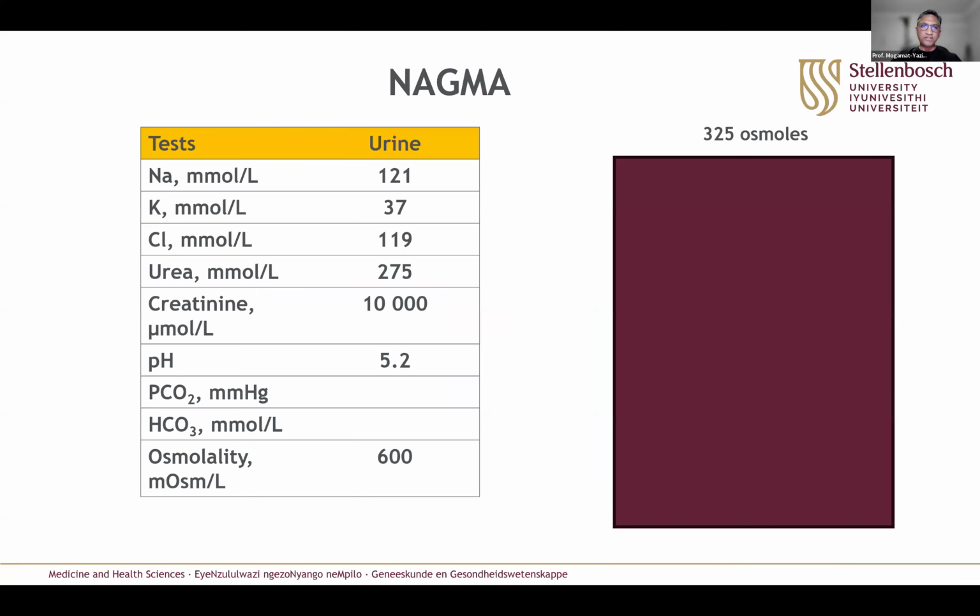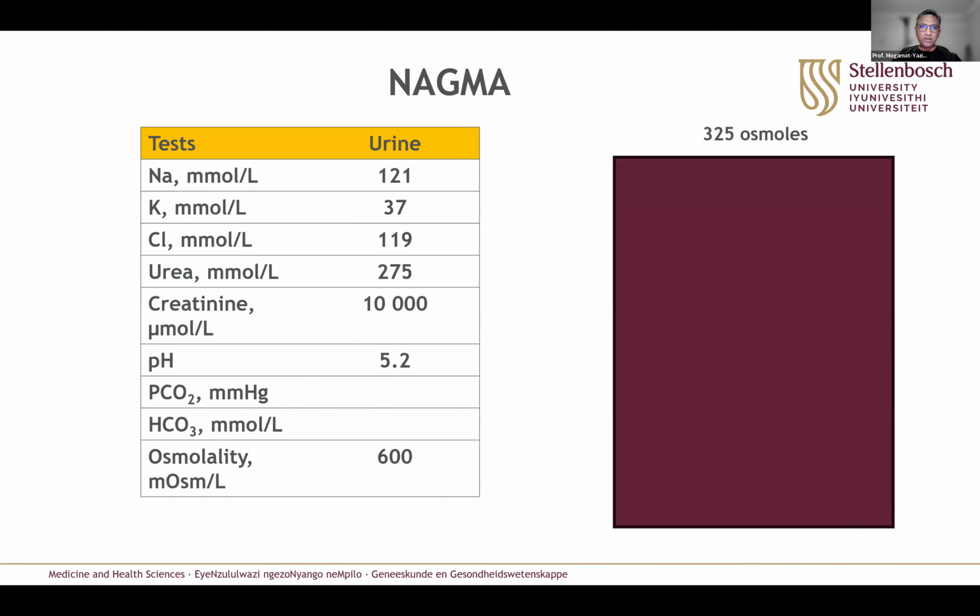So our patient had a so-called normal anion gap metabolic acidosis. Now, importantly, we must understand that all body fluid compartments, whether it be serum, urine, or CSF, are all electroneutrally charged. In other words, they are not more negative or positive, they are neutrally charged. If our urine was negatively or positively charged, it would be a shocking experience when going to the toilet to take a wee. So all body fluids are electroneutrally charged.